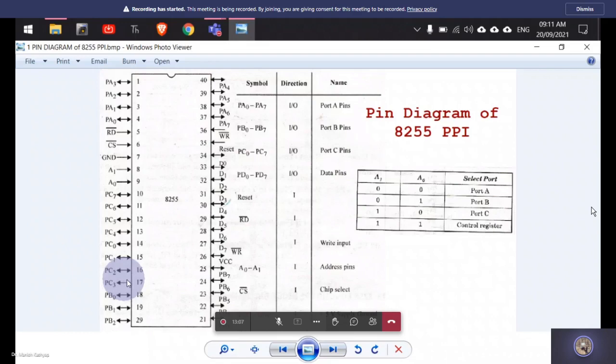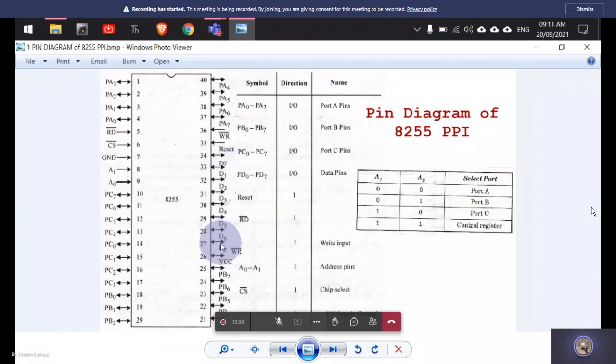Apart from that, there is this data bus. Data bus is from D0 to D7. From D0 to D7, you have the data bus, and this data bus is usually connected to the data bus of 8085 or 8086. Now 8085 has an 8-bit data bus because it's an 8-bit microprocessor,